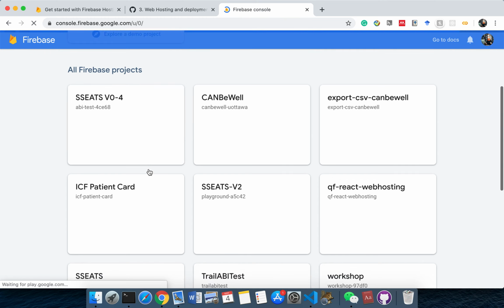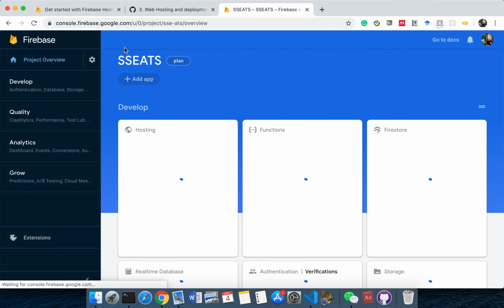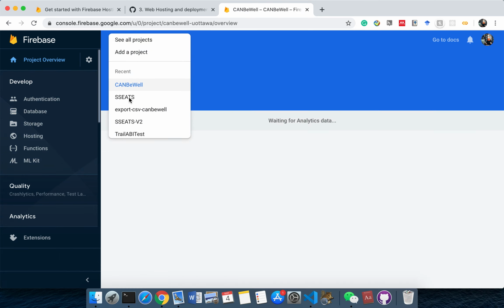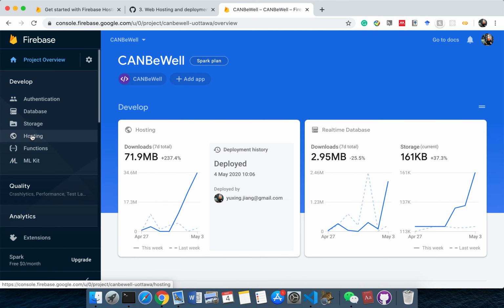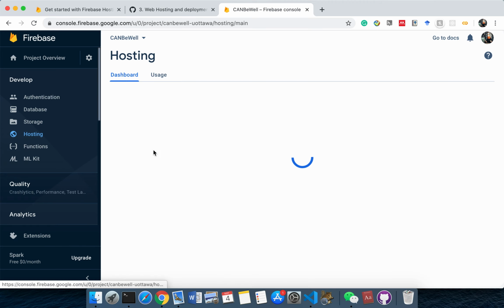And here is the project that I'm going to deploy. And we need to go to the web hosting module, which offers the specific function